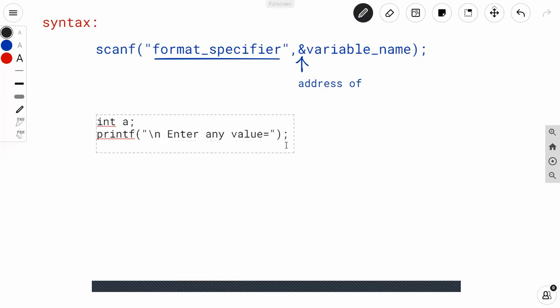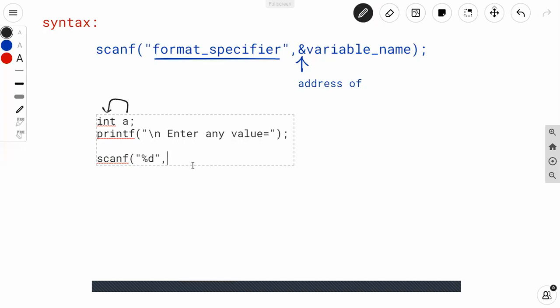Now you have to use a scanf statement. So scanf opening parenthesis double quotes, you have to use format specifier. So I need to accept the value of a from the user, and what should be the type of a variable, its type is integer. So for integer, which format specifier we are using? We are using %d format specifier for integer. Okay. Then next one is double quotes complete, comma.